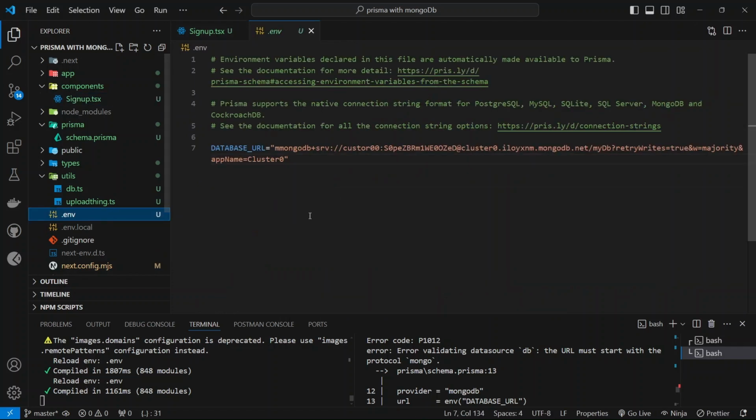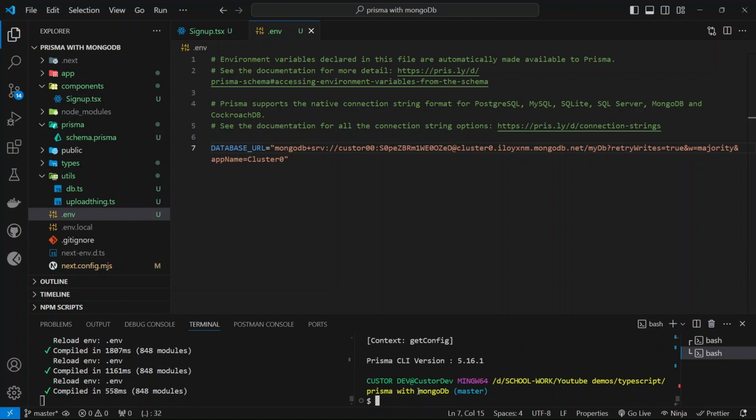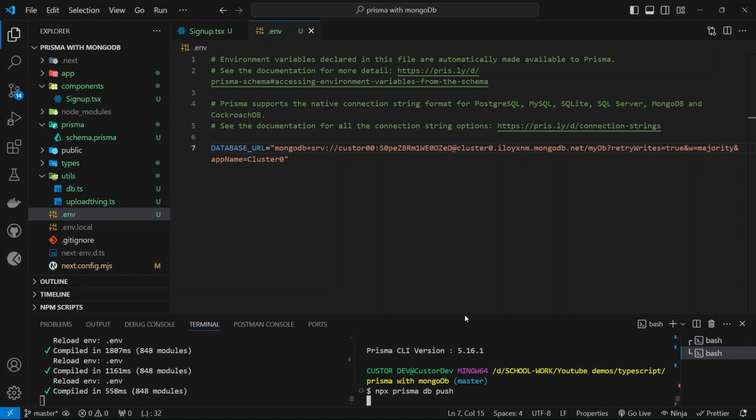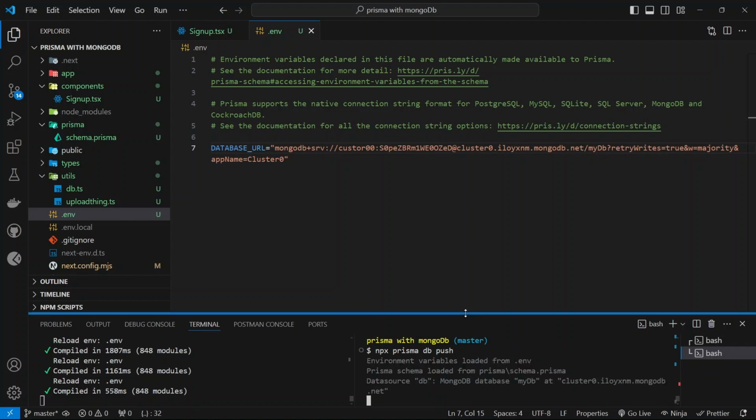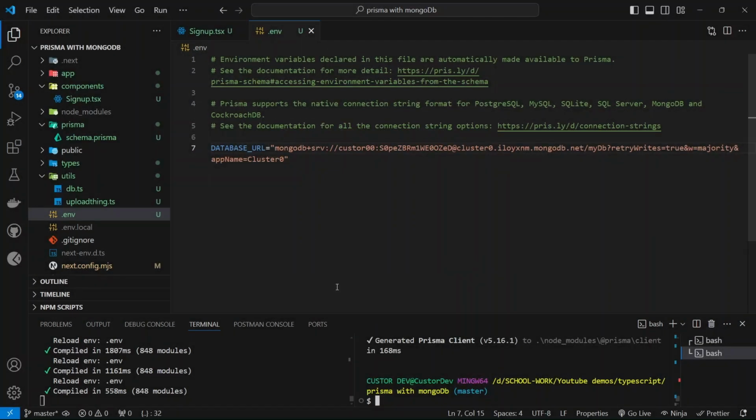It's here in the env. Of course. Okay, let's remove this. It has to be MongoDB. Let me first re-push once again: npx prisma db push. Okay, I think it's running very well, and everything is in sync. And if you just say npx prisma studio,